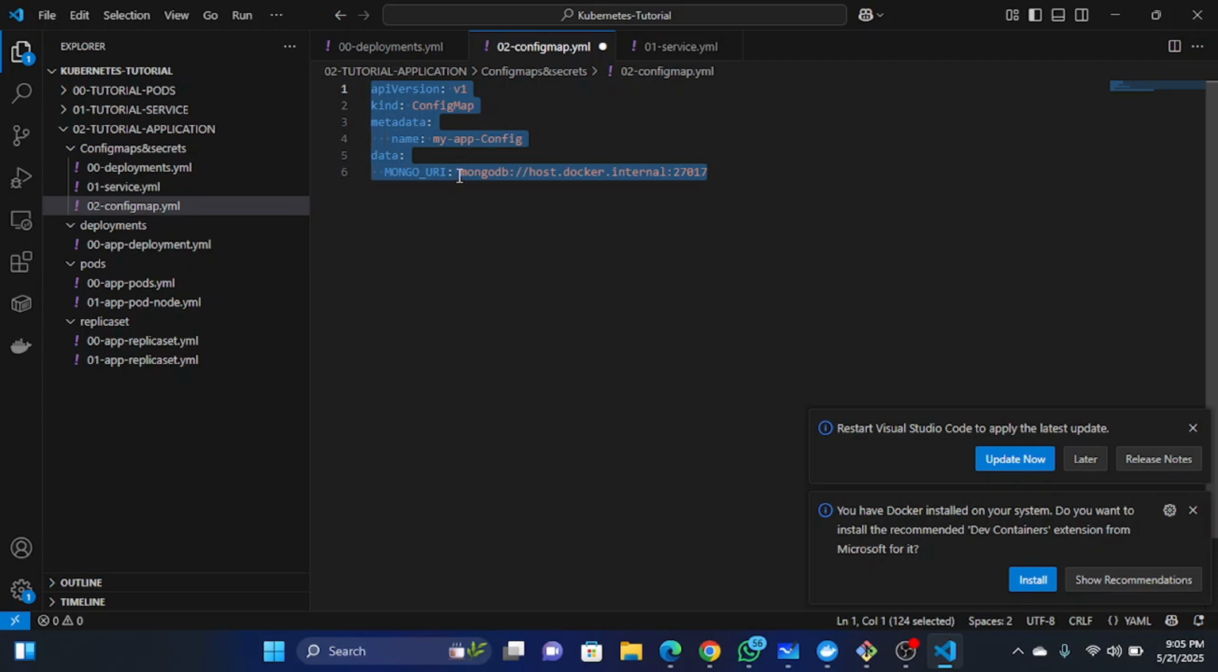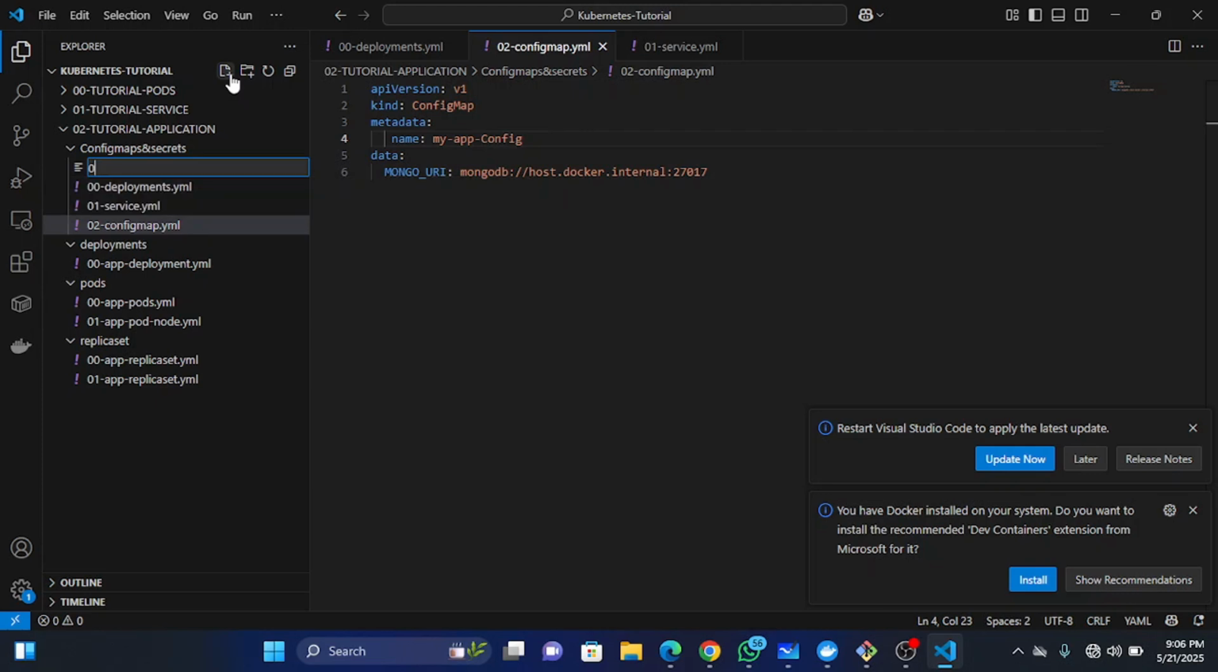So this is configuration data, right? Config map and secret are similar, but the only thing is that for secret, we have to encode it, and mostly we use base64, and you'll see how we do that. So now we have config map. Let's create secret. I'm going to say 03 secret